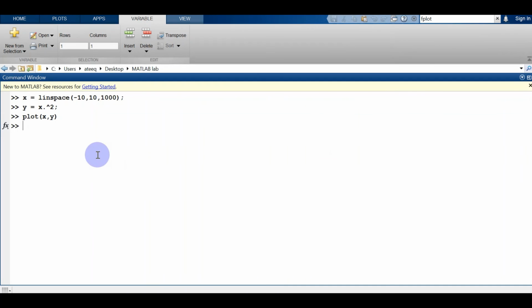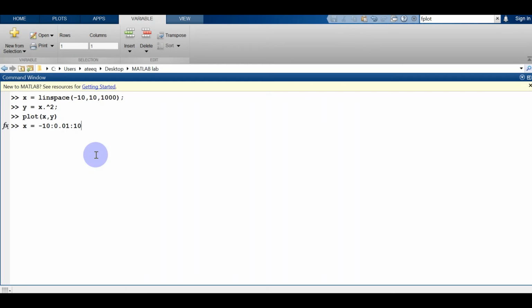There is another way to divide the interval into small parts. Like I divided the x interval into small parts using the linspace command, the other way is you just use this interval command. Like I want to go from -10, and I will take a step size. In the above case, I was not able to choose the step size, but the total number of subintervals. In this case, I'm independent to choose the step size, like I am taking the step size of 0.01